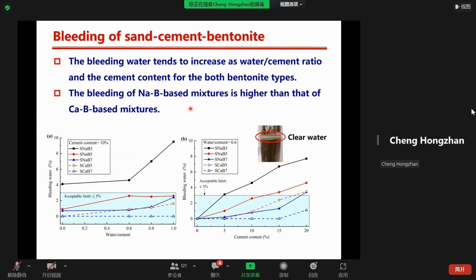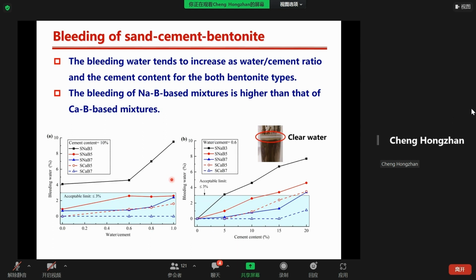Here is the bleeding result. The bleeding result shows that the bleeding water tends to increase as the water to cement ratio and the cement content increase for both bentonite types. By comparison, the bleeding of sodium bentonite mixtures was higher than calcium bentonite mixtures with the same bentonite content,